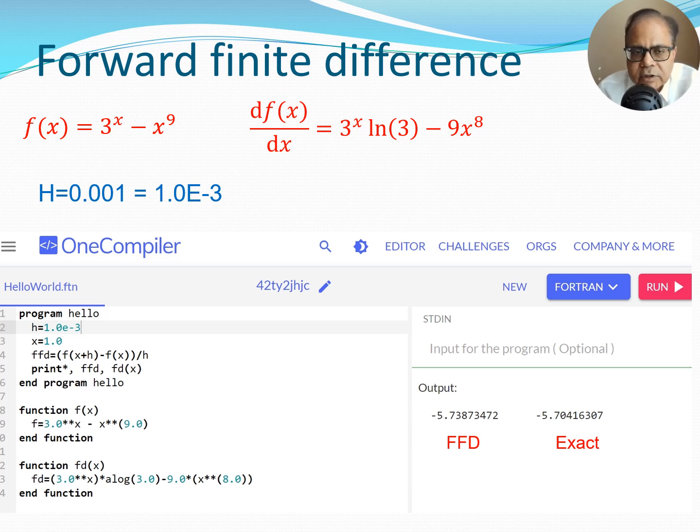So let's put this in the compiler and run it. And so here I have run this, and the values of course are h is 0.001, that's put in here, x is 1 is also put in here, and then I obtain the derivatives. I print out the forward finite difference derivative and I print out the exact solution here. Now of course you see these numbers are quite close, but there is some level of difference between them, and